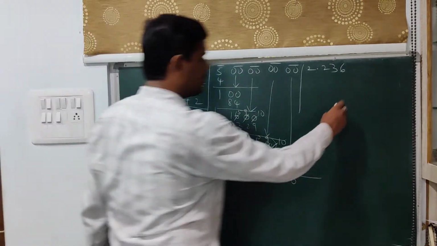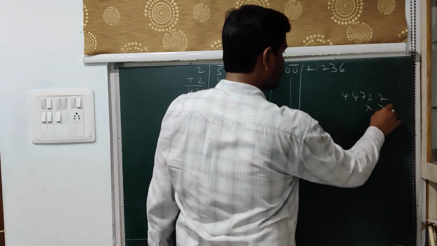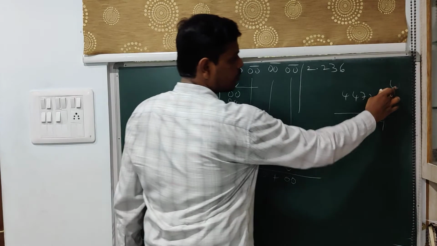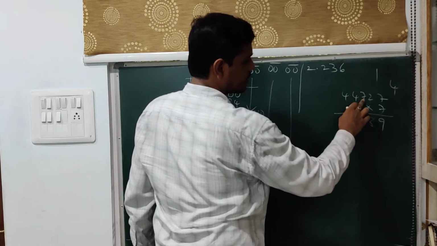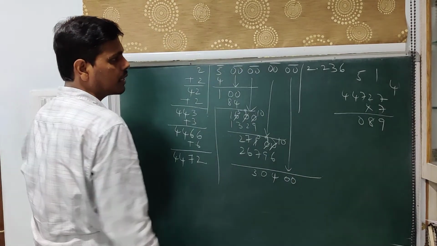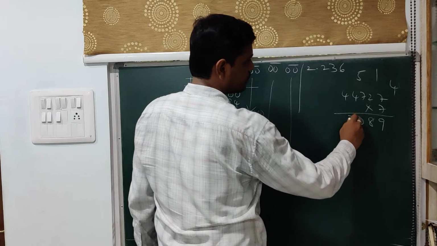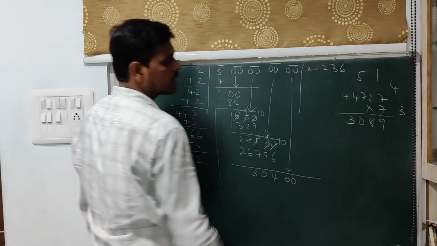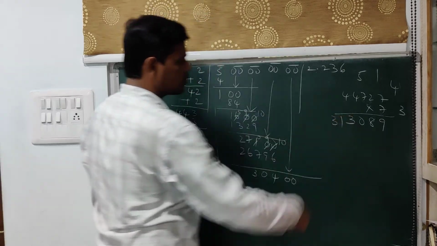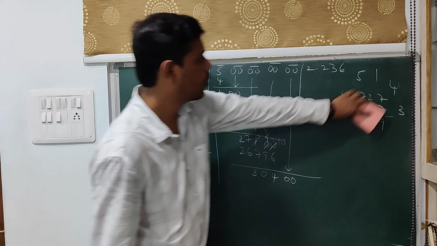Let us go with 7 here. So then this will be 4, 4, 7, 2 into 7. 7 7s are 49, 7 2s are 14, 14 plus 4 is 18, 7 7s are 49 plus 1, 50, 7 4s are 28, 28 plus 5 is 33, 7 4s are 28, 28 plus 3 is 31. So that is going beyond 30400. So I'll go with 6.